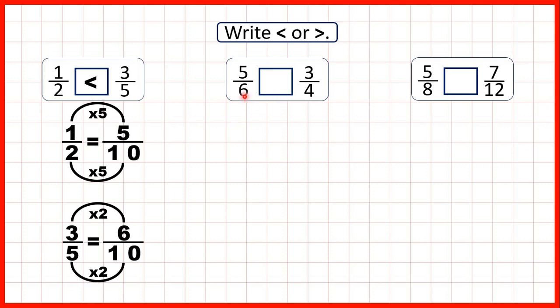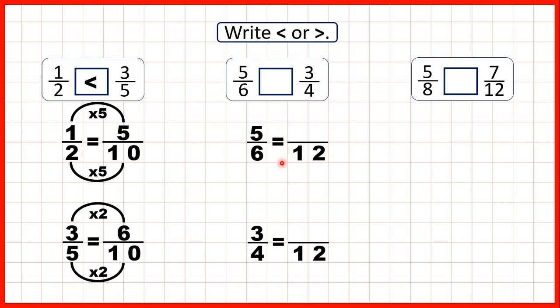Again, 6 isn't a multiple of 4, and that means we need to find 2 equivalent fractions. So we need a number that's in both the 6 and the 4 times table. Now I like to use the lowest common multiple, and the lowest common multiple of 6 and 4 is 12, but this method would still work if you used any other common multiple. So you could use 24 or 36 or any other common multiple would still mean that you could compare the